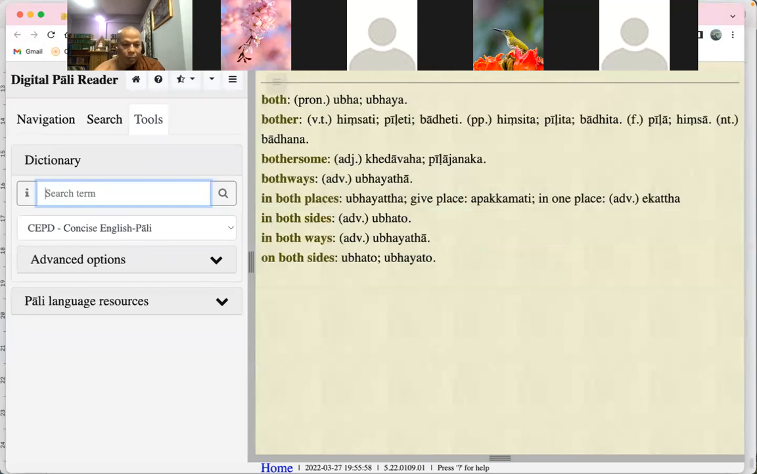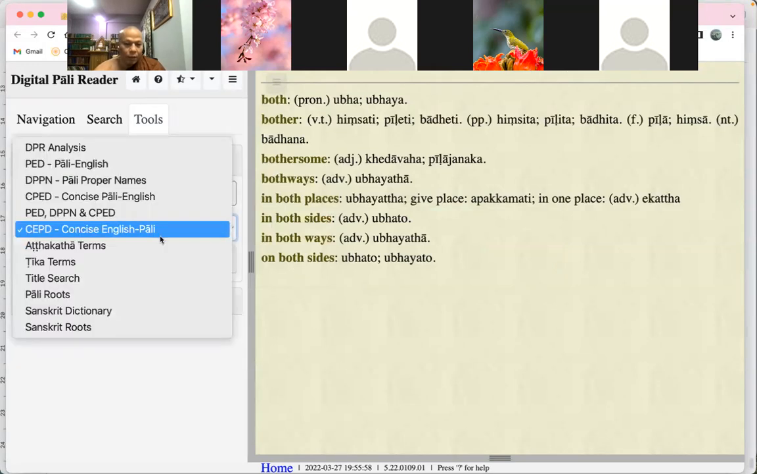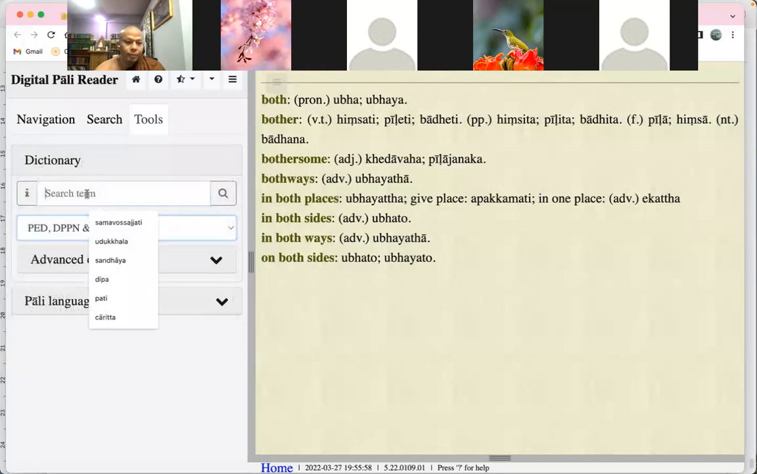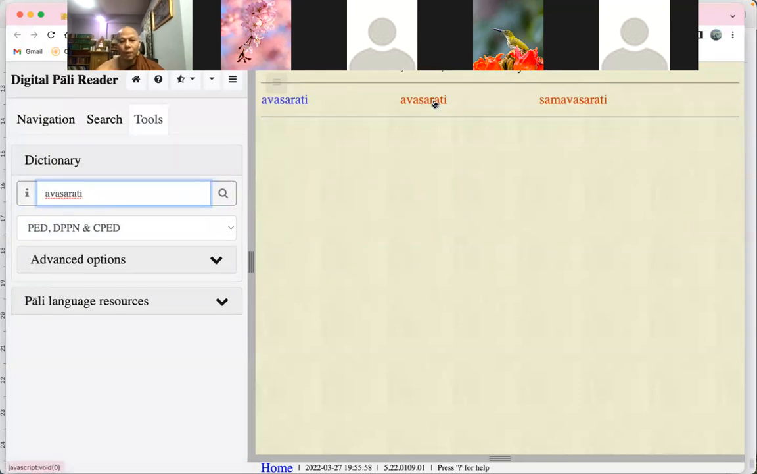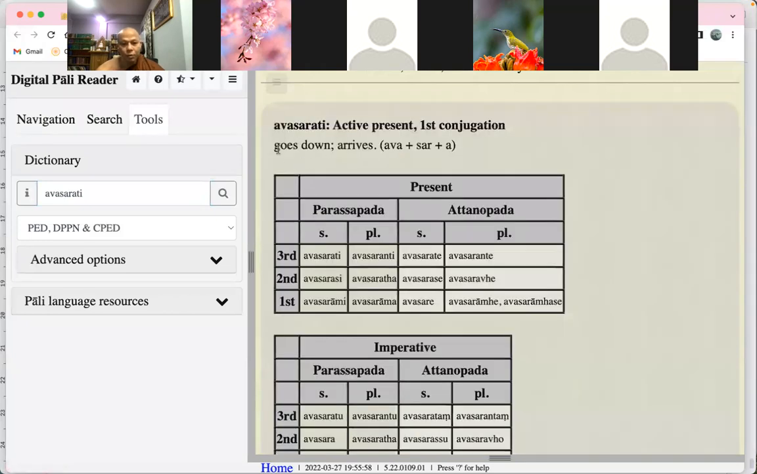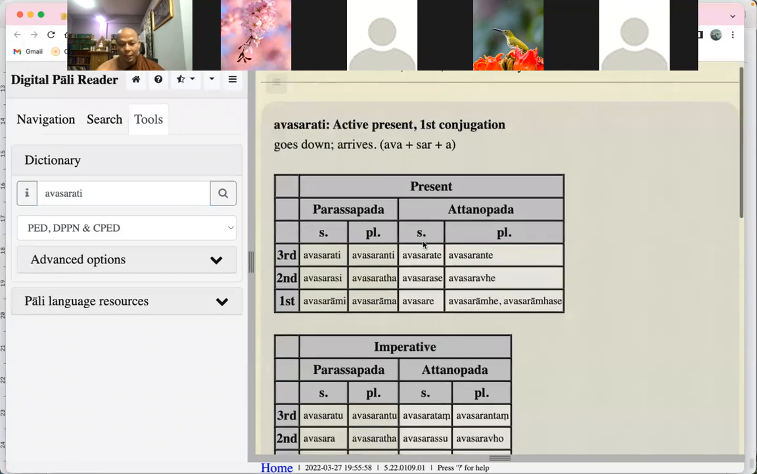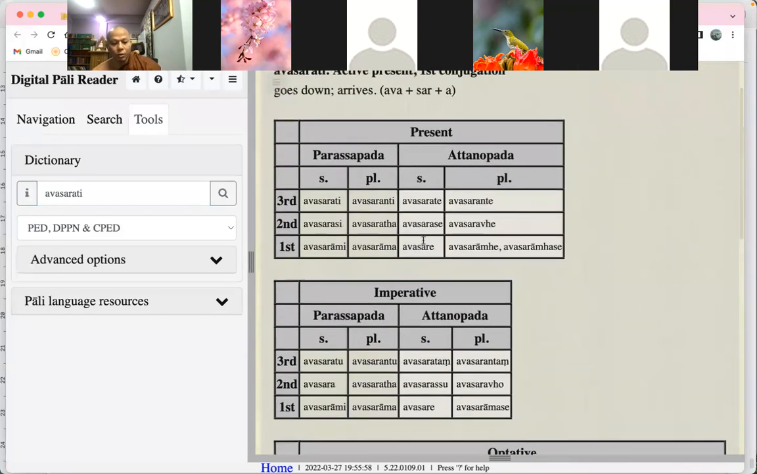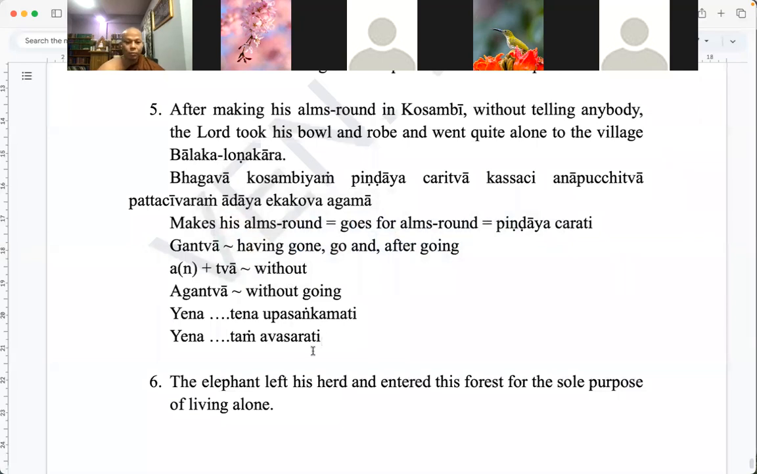Actually in vocabulary we already learned, but at the time maybe I do not explain why. Awasarati. Also enter, you see, go down or go away or enter. So goes down or arrives. Enter also. Okay. So these two phrases we already learned. That is why here we should apply that one instead of using the agama. So that is why, without using agama, igagowa, so yena,